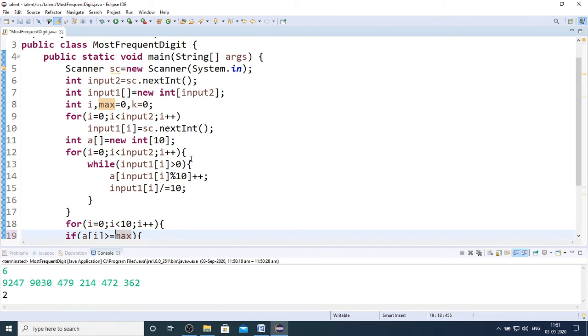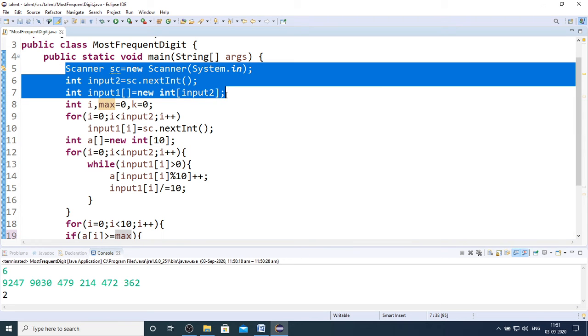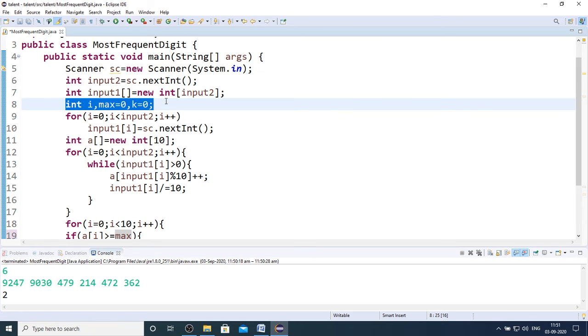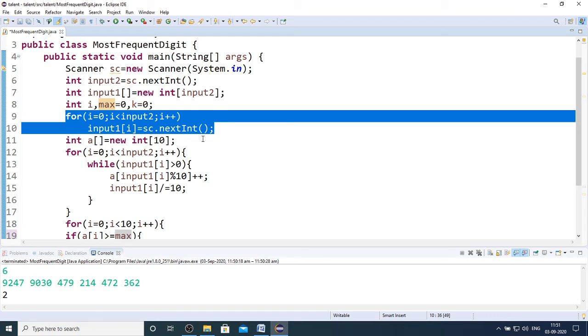Now coming back to my code, as said in my previous videos, you are not going to read any inputs in the coding problem. You are going to write your code from here, and this is also reading of input only.